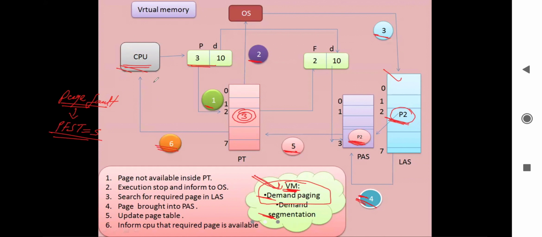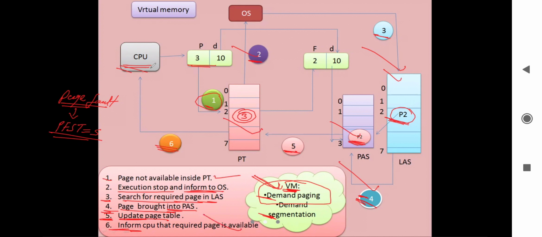Okay, fine. Now next, if the page is not available inside the page table, that is the first step. Second step, execution stops and the operating system is informed that the required page is not available. Third step, search for the required page in the logical address space. Fourth step, the page is brought into the physical address space. Fifth step, update the page table. Sixth step, inform the CPU that the required page is available.